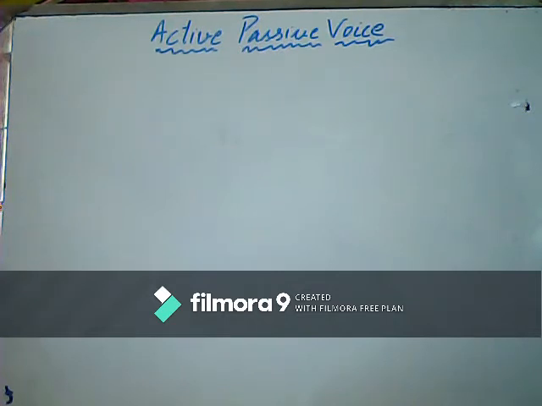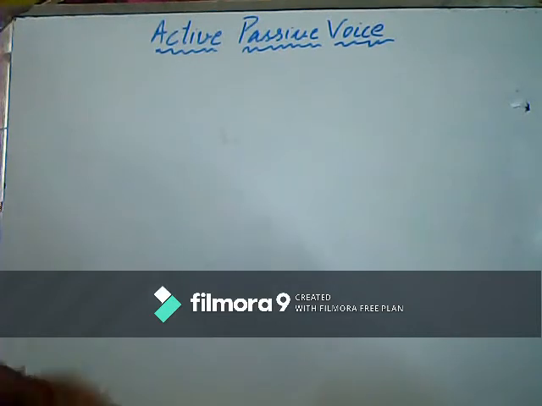So that is the basic use of passive voice, and generally the passive voice is used with transitive verbs only. Transitive verb means the verb which has got an object. In that case only passive voice is possible. Although converting to passive voice is very easy, let me tell you with an example.